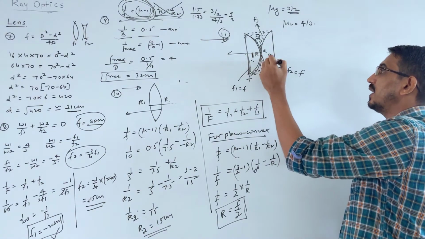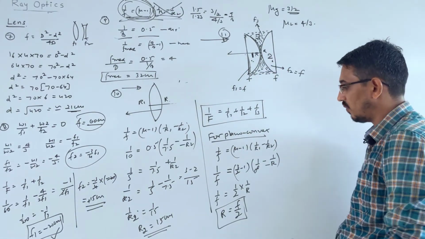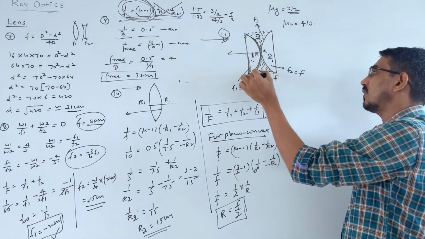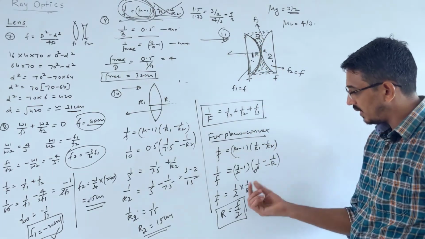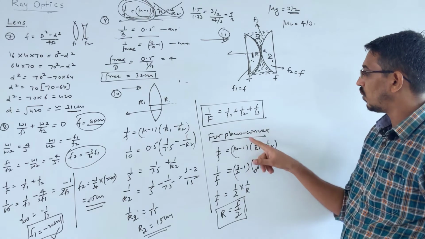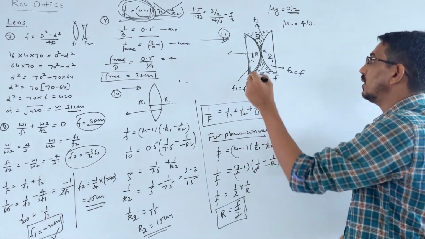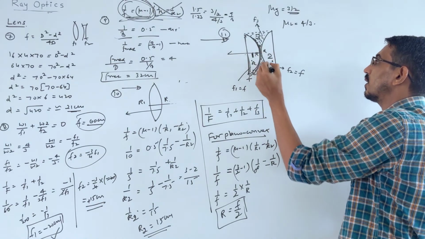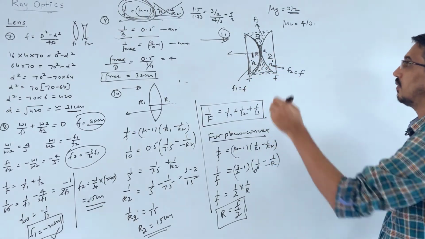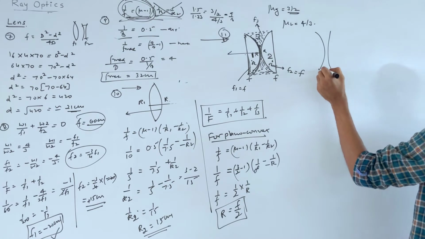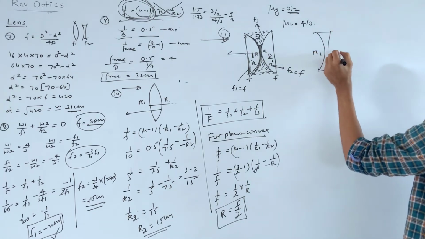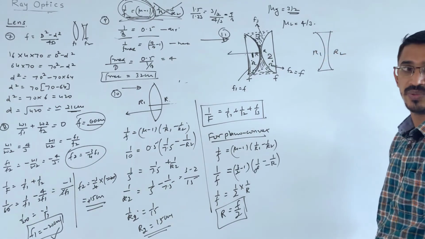Because these are two identical plano-convex lenses. What have I found? I have found the radius of curvature in terms of the focal length. Why do I need the radius of curvature? Because now I write the same formula for the liquid lens. So I need R1 and R2. For this R1, that's your R2. Clear? For the liquid lens, I am drawing separately. This is your liquid lens. That's your R1, that's your R2. Correct? So I need these values.